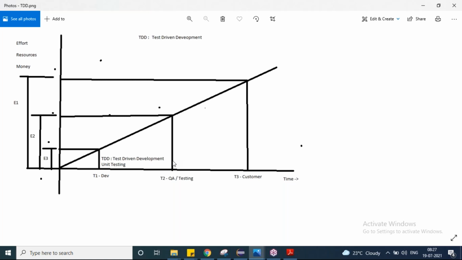Yes, I'm back. If you look at this diagram, it explains that if you as a developer identify the issue at stage number one, the ball will still be in your court. That means if something is going wrong, the code is still with you. You haven't pushed the code, and you can verify and fix it. The time or effort to fix it will be, as per my analysis, E3 only. Comparatively, you have E1, E2, E3.